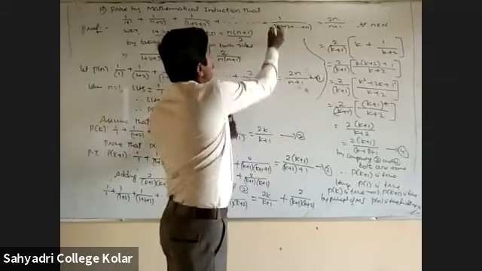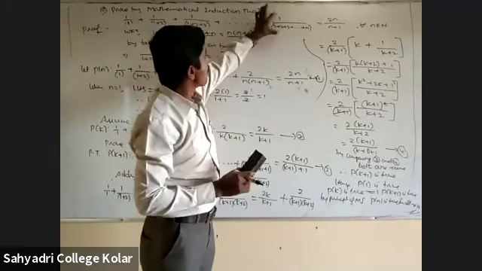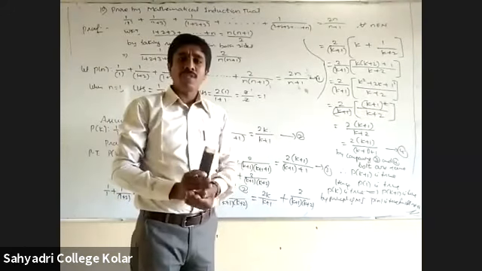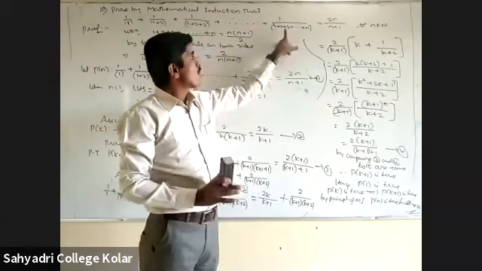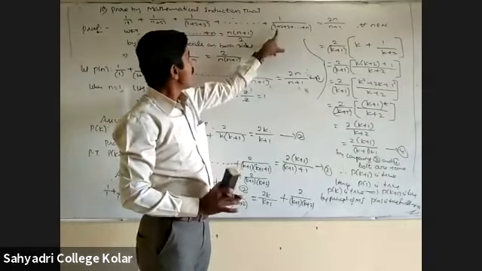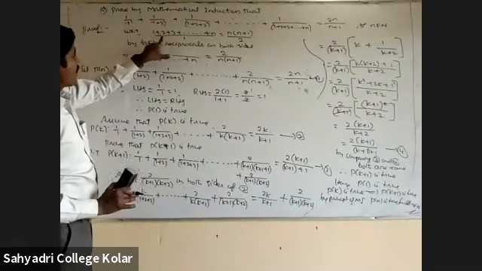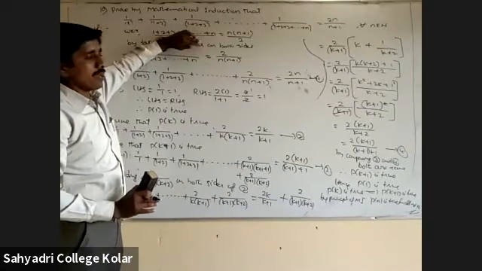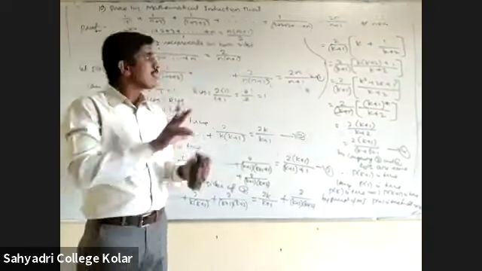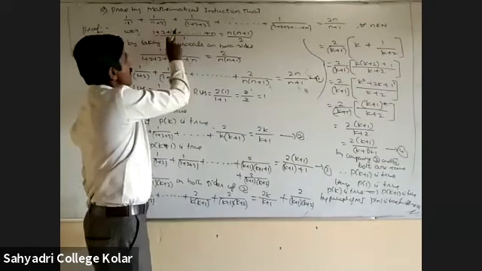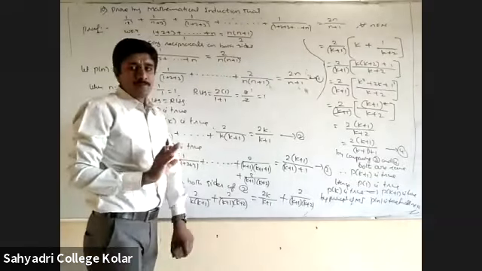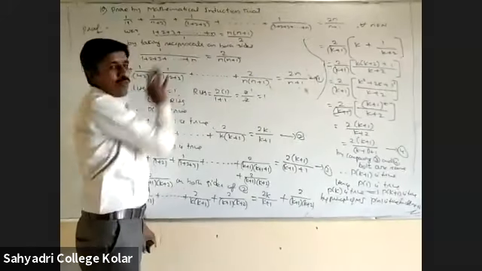First I expressed this series in simplest form and then proved it by using the principle of mathematical induction. First we express it, then prove that. First, we know the formula for the sum of the first n natural numbers, which we did as the first problem in the first class: 1 plus 2 plus 3 plus so on plus n is equal to n into (n plus 1) divided by 2. Got it?